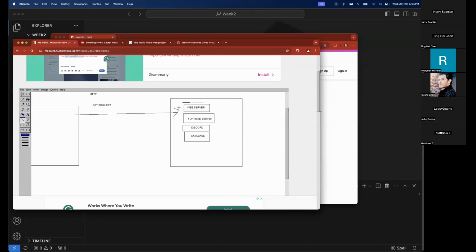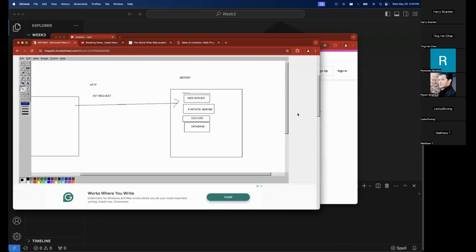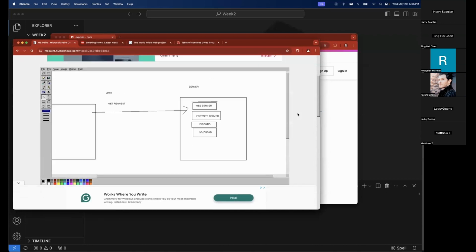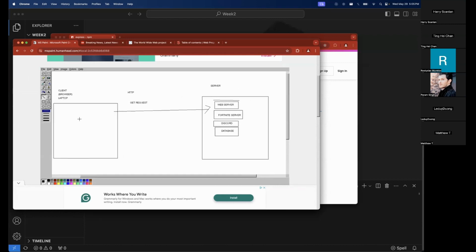So if you think about it, if we had to program our own web server, we would have to code this get request, what happens when that gets sent. We'd have to program the response that gets sent back to our client. We'd have to figure out how to parse that data. We'd have to send in the status codes and all this kind of stuff. But we actually want,